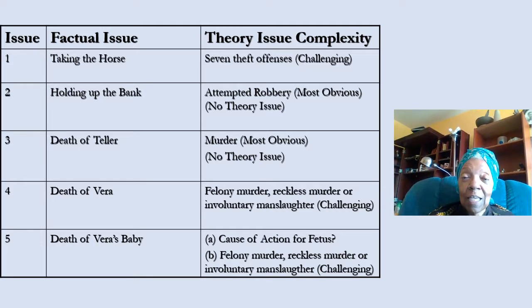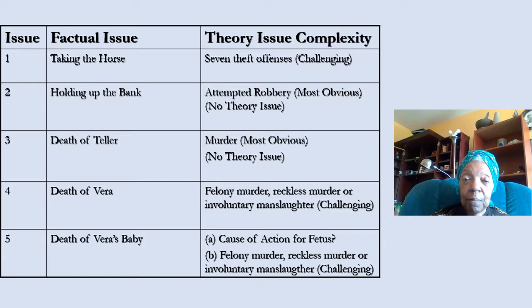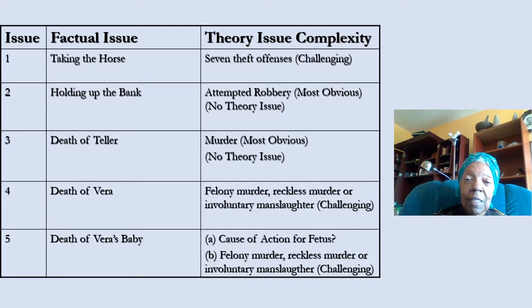You won't get into a discussion of conflict over theories because there is no theory issue. The death of the teller, also pretty obvious. No theory issue, murder. The death of Vera, now this becomes more challenging because there's felony murder, there's reckless murder,